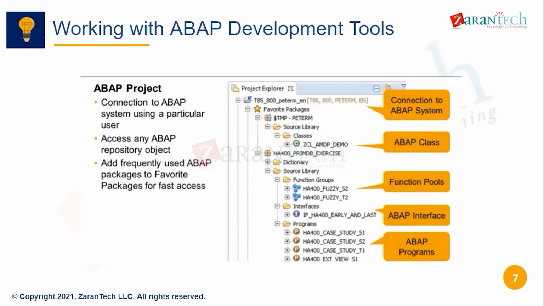So once the connection is set up, we'll be able to access any ABAP repository. So when I say ABAP repository, like let's say if you want to access a package in a traditional ERP system, right, we generally go to SE80, select the package, give the project name, and you should be able to do it, right? So similarly, the same set of activities, we can also do inside this particular